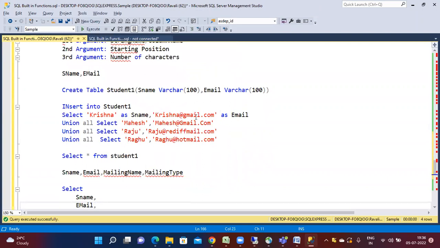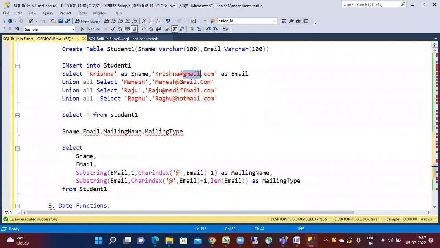krishna@gmail.com, mahesh@gmail.com, raju@rediffmail.com, and raghu@hotmail.com. These are the different strings. If I want to extract the mailing name and the mailing type from it, I want to extract a portion, so definitely I should use substring here. Substring accepts 3 arguments. The first argument is the string name, which is the email column,